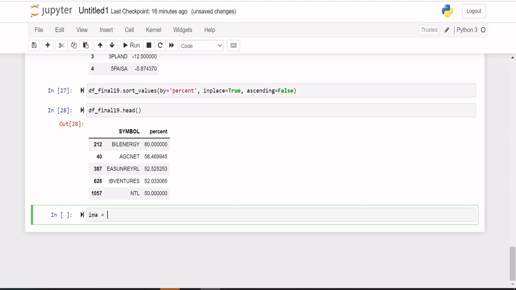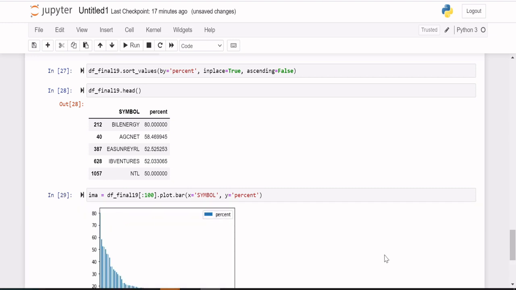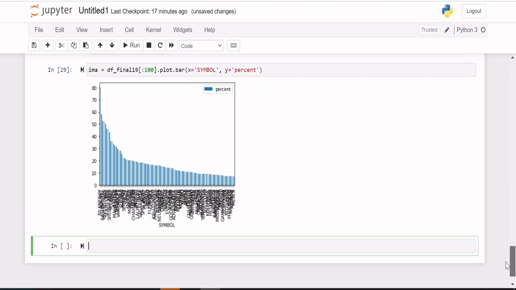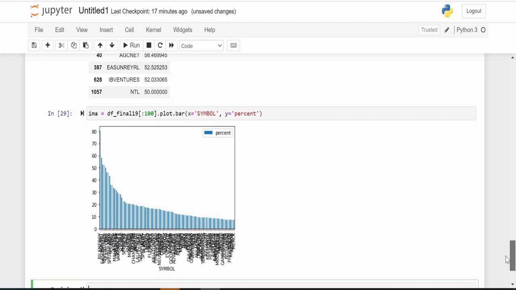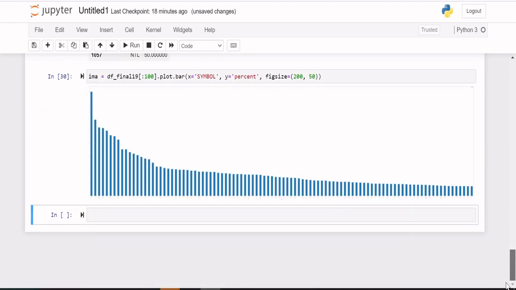On the y-axis I need the percent from df_final19, for the top 100. Even though it looks clumsy, let me increase the figure size. On the x-axis I need the symbol. Now you can see the peak.